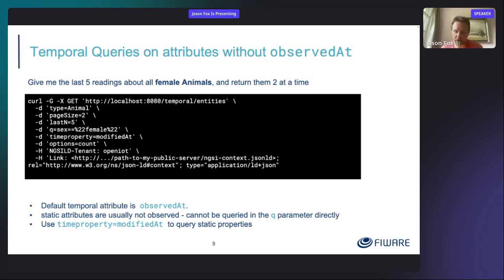However, there is also another system-based time property called modified at. There's actually another one called created at, not that it's terribly useful. Now, I mentioned modified at when I was talking about the overwrite put endpoints, saying that the put was not